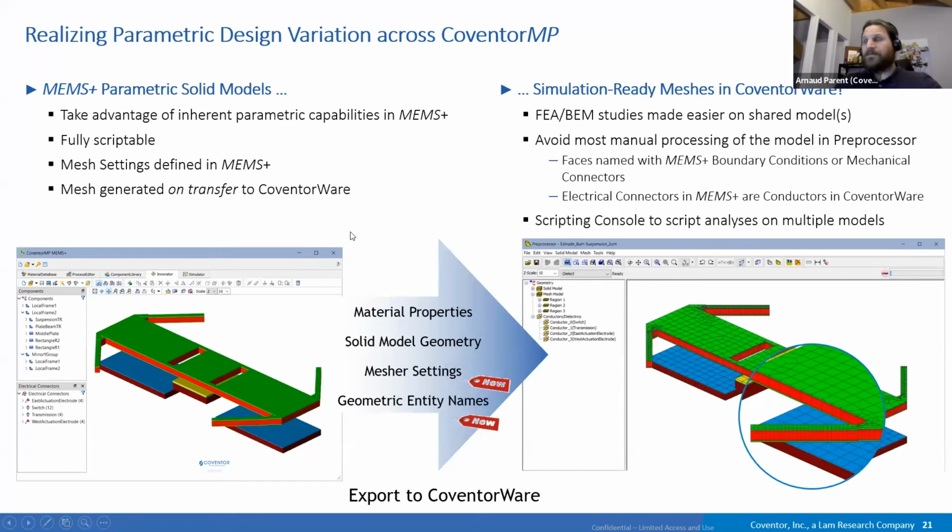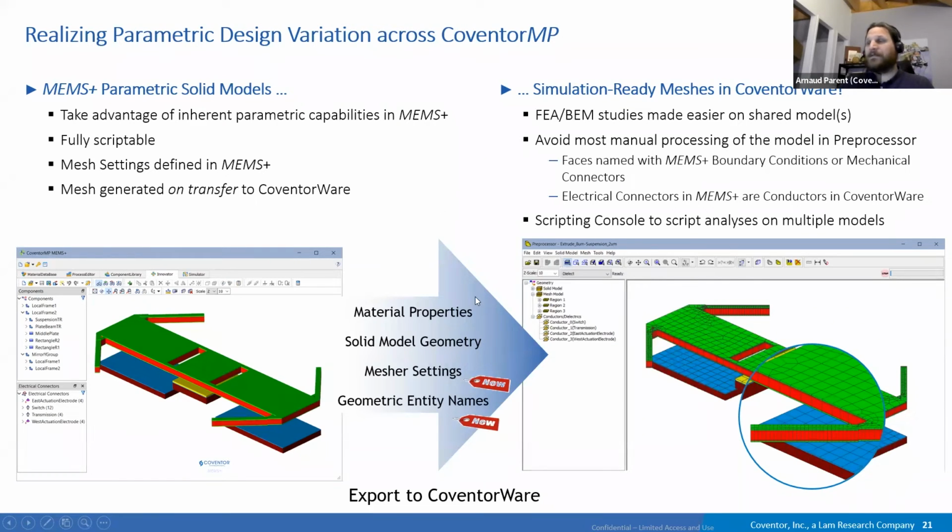So the first change, or new or better feature, we have in MEMS+ is basically a way to have the two software interact together. So it's a way to send a MEMS+ model to Coventorware. A MEMS+ model, as you know, is where you assemble components from the MEMS+ specialized component library, and you can build something that is fully parameterizable, for example. You might want to send this model for verification or for other work into Coventorware for standard finite element analysis.